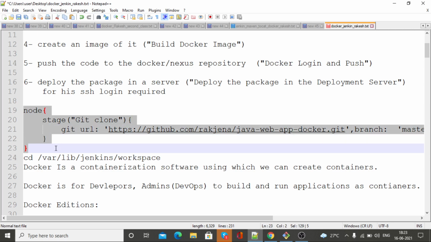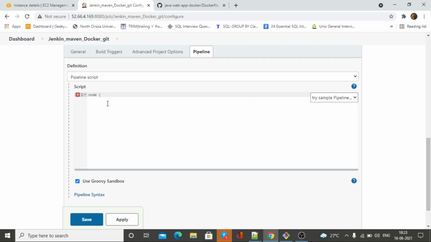Okay, else it will take some time. So here stage, I am putting the command as git clone, then I have to put the URL and branch as master.